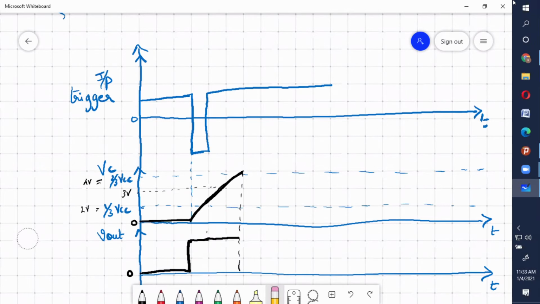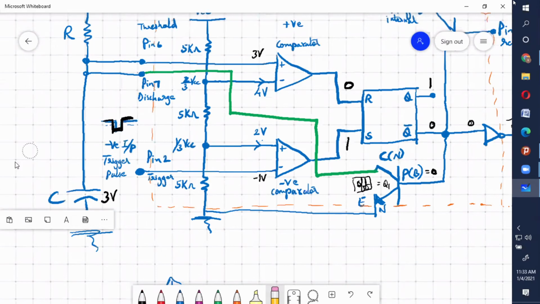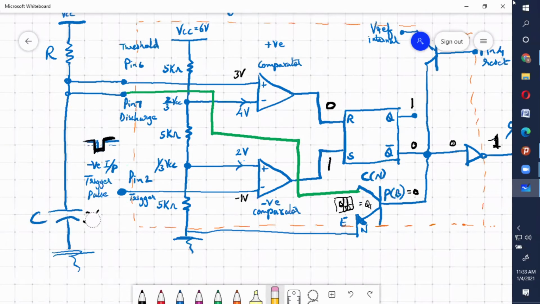Assume that your capacitor is now 5 volts. So what is the change in the circuit, students? Can you tell me? Now the capacitance value is 5 volts. And I have stopped applying the pulse. Students, here, what is the value I'll have? Here, assume that 5 volts is appearing.